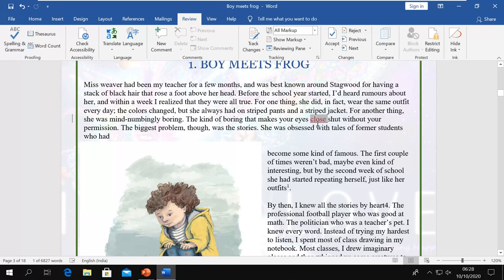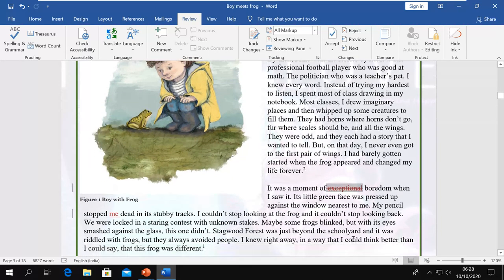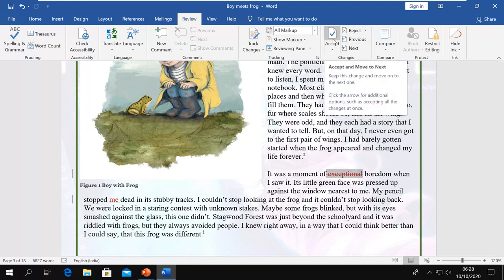Then automatically it will go to the next change. And when you hover your mouse there, it will show you the details like what has been done, when, and who did this. Now if you want to accept this, then you can say accept, and then it will go to the next change. And then again you can reject or accept whatever you want.